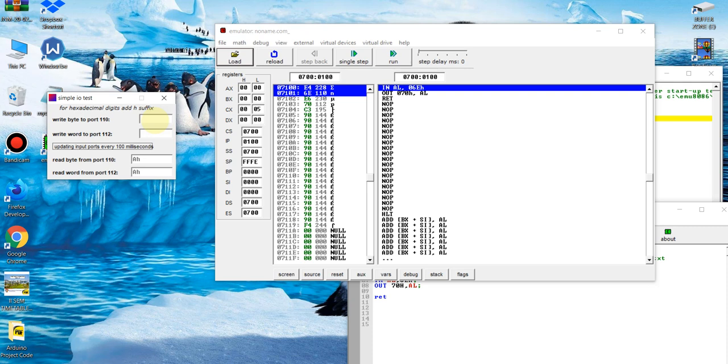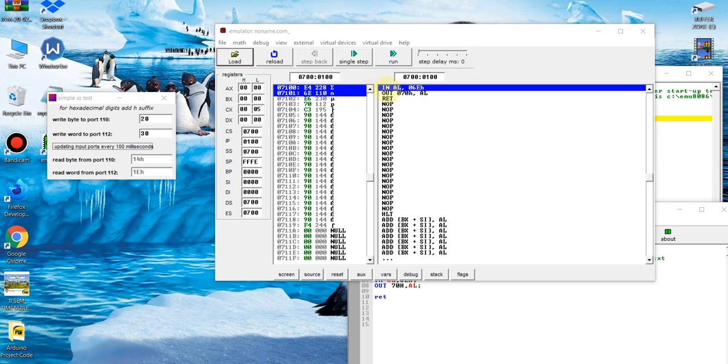So let me just write some data into that. Let's initially put some values, 20 and 30, in these two port addresses. If you see, the hexadecimal 14 and 1E are available in these two ports.